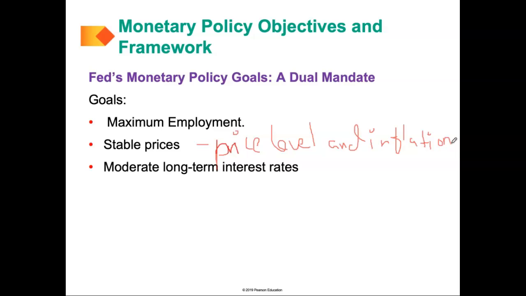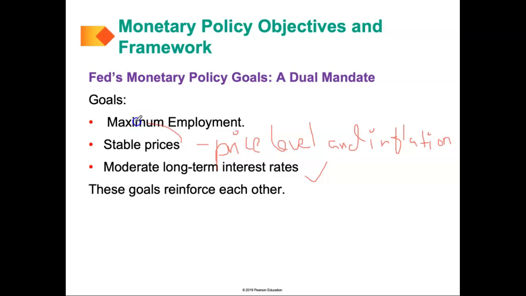Okay, and then finally, the Fed has to moderate long-term interest rates. So you don't want interest rates to be really low. At the same time, you don't want interest rates to be really high. Imagine you're going for a car loan and the interest rate is like 40%. How many people are going to buy a car in such an economy, right? You're going to buy a house and the mortgage rate is basically 90%. How many people are going to actually buy a house, really, right? So you basically need to moderate long-term interest rates, right? And the interesting thing is that all these things basically reinforce each other.